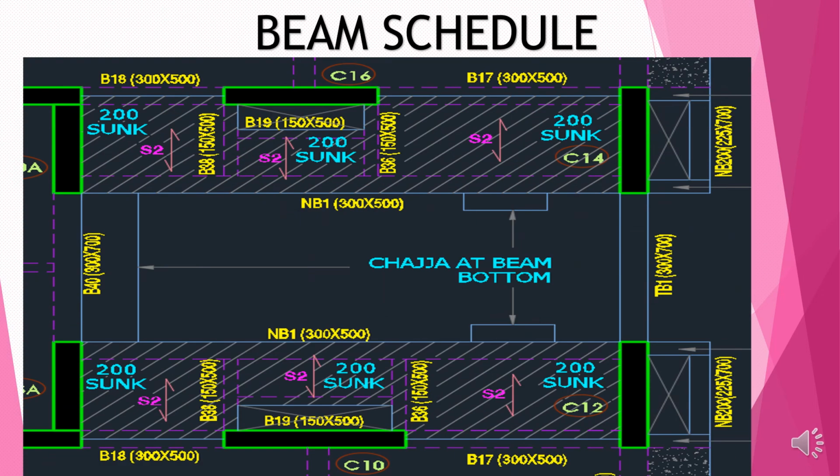Now we come to a beam schedule. Now you can see there is a beam number mentioned, B19, what will be the sizes, B17, etc., has been mentioned in the drawing. It is only a small part of the particular drawing, because this laptop couldn't show such a big drawing size. This is the way the drawing should be prepared. We'll be identifying all the beam sizes, etc.